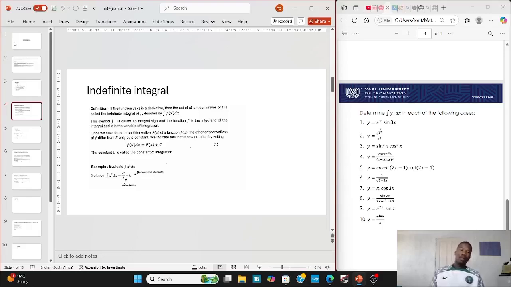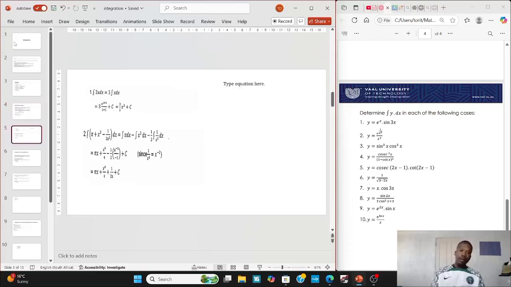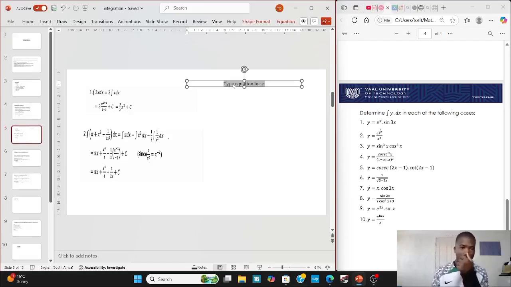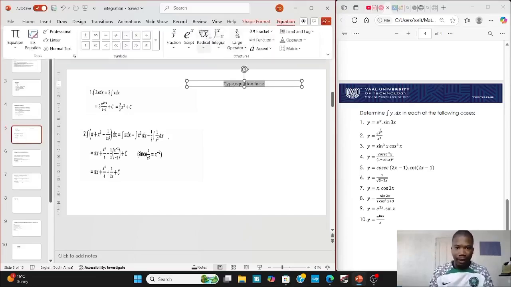Yes, then we proceed. Here we have our first problem, which is the integral of 3x dx is equal to 3 times the integral of x dx, right? So first things first, which rule can we apply here? We can apply the rule that states